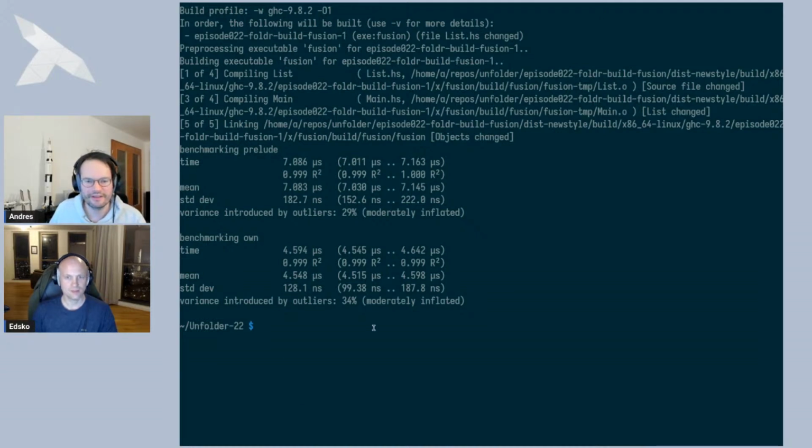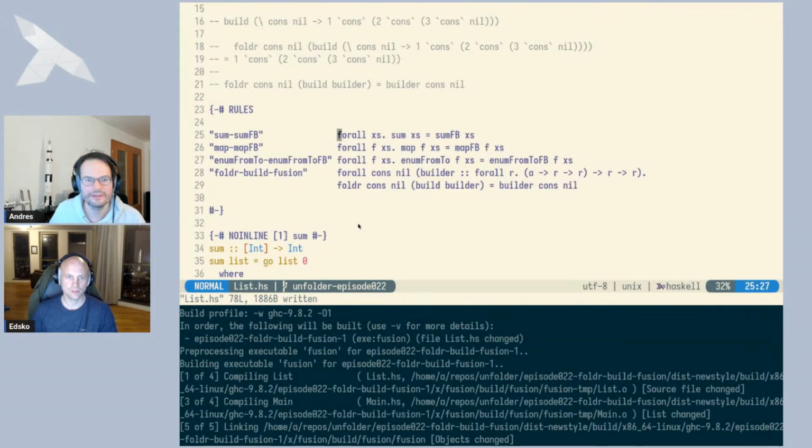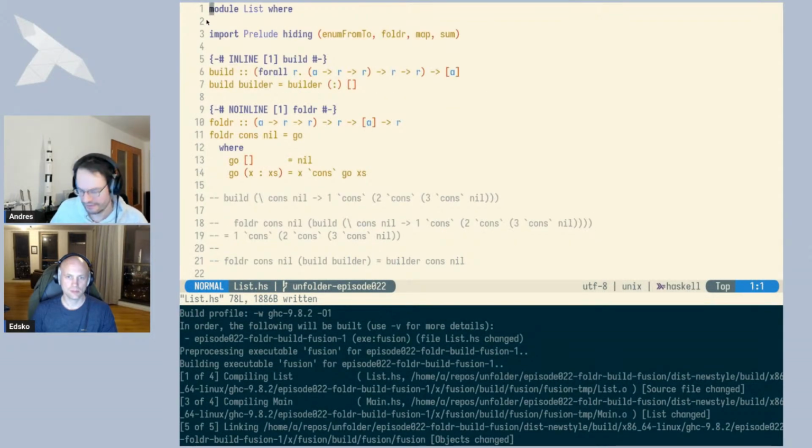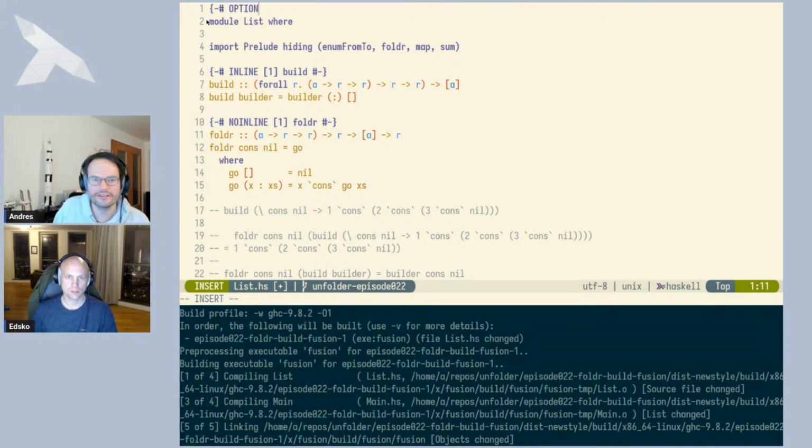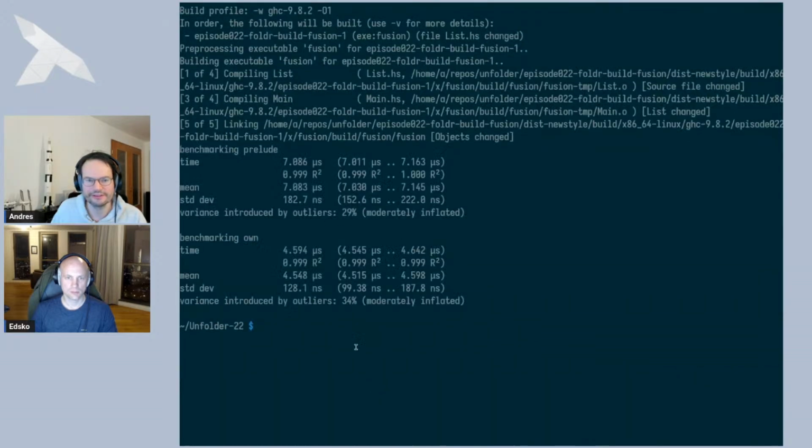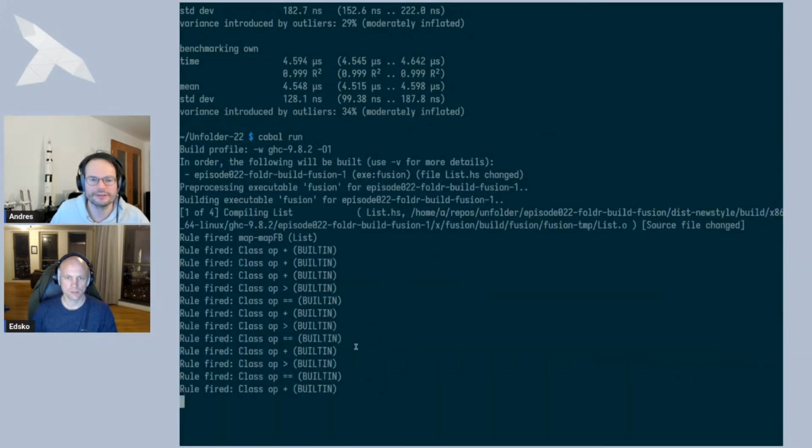An interesting thing that we can also do is tell GHC to tell us during compilation which rules are being applied, right? And if we do this again now,